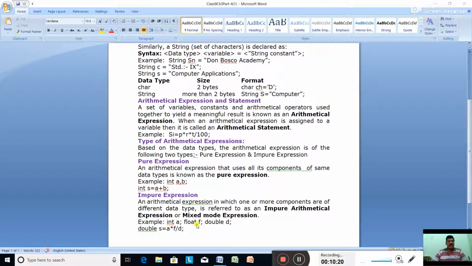A is integer type, F is float type, D is double type. So double S = A * F / D. So A is integer, F is float, and D is double type. So all are different data types. So this type of expression is called an impure arithmetical expression or mixed mode expression.